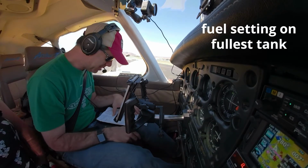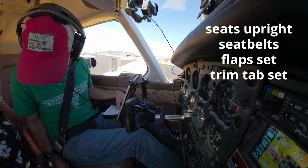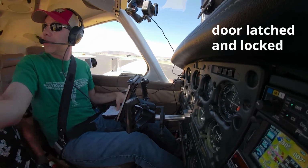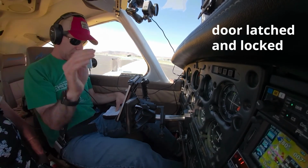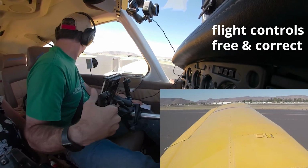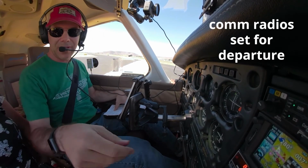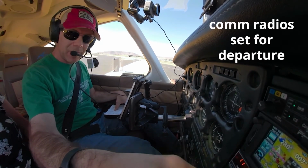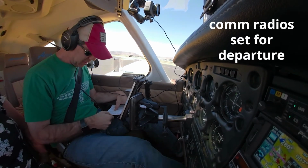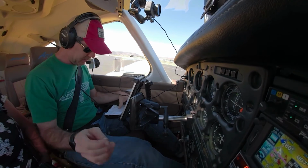Alright, fuel selector is on the left. Back, seatbelts, flaps down, trim tab locked, locked, push controls, watch your knees. And the other way. All looks free and correct. Radio set. Alright, we've got Hemet, we've got March. Transponder VFR. Lights are on. Alright,